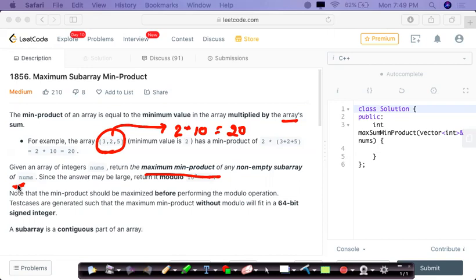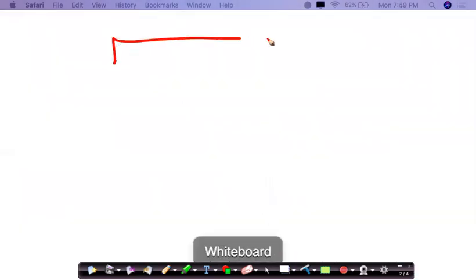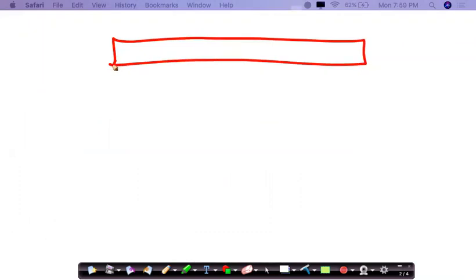Okay, so let us say you're given any array and we need to find the maximum min-product present in this array. To calculate the min-product of each and every possible subarray, you first need to generate each and every subarray.